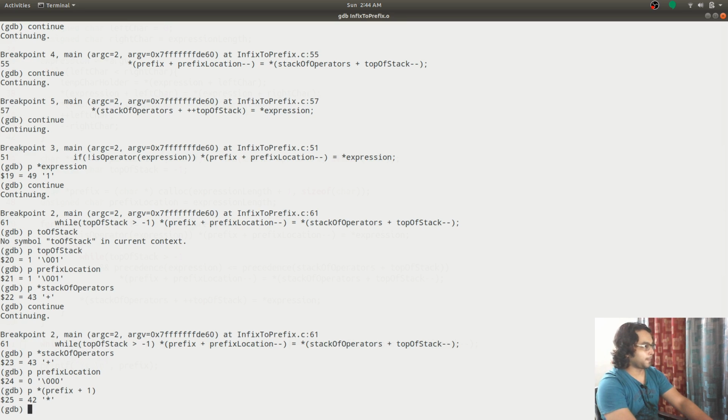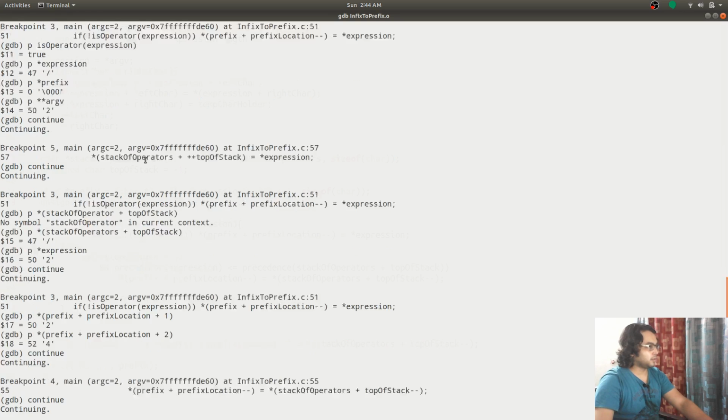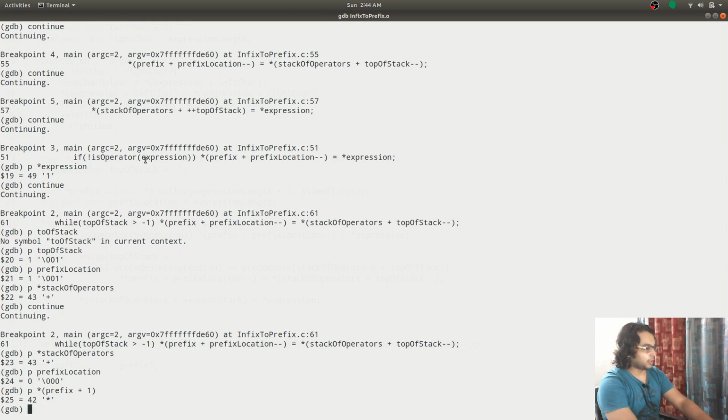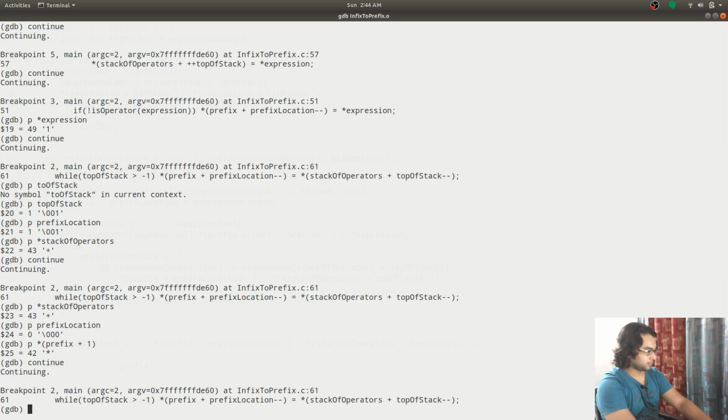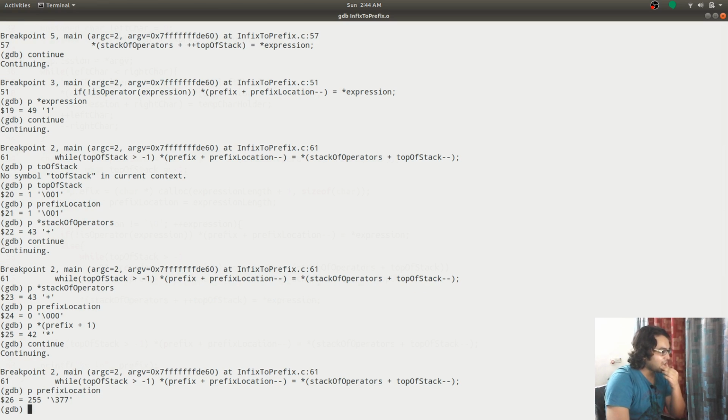So the value is there. I don't understand why it is not working. To 55. So this is the issue.